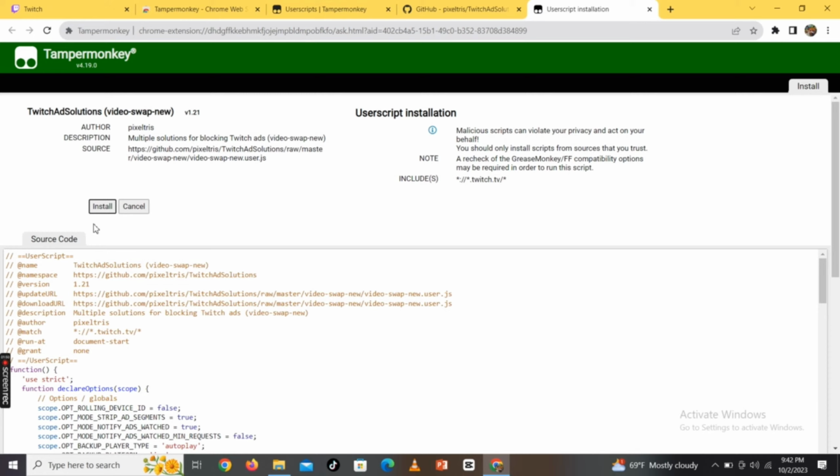Tap on Install button and that is how you can get no ads on Twitch application quickly and easily just